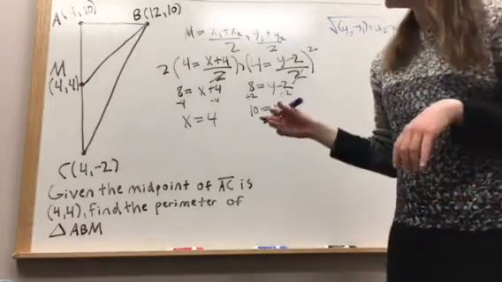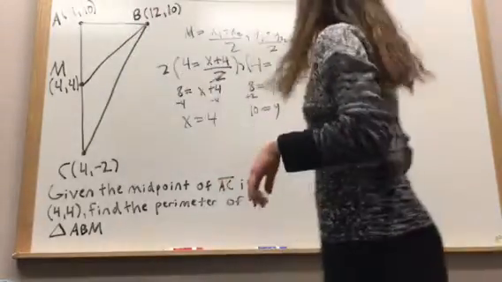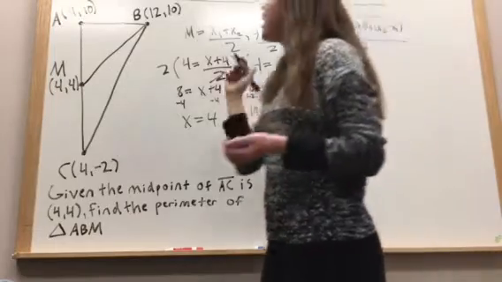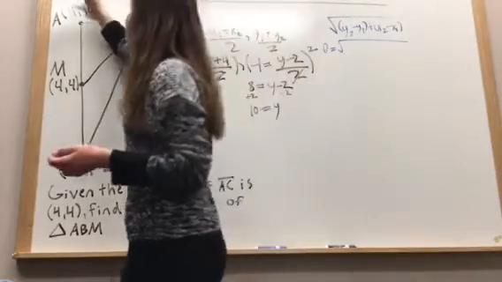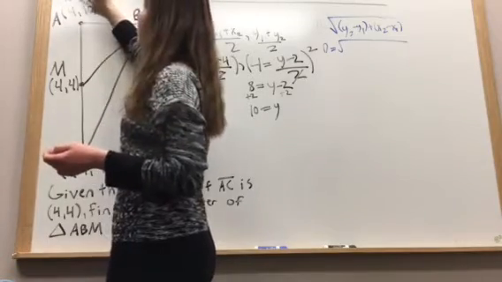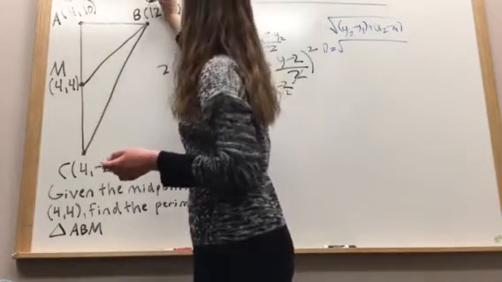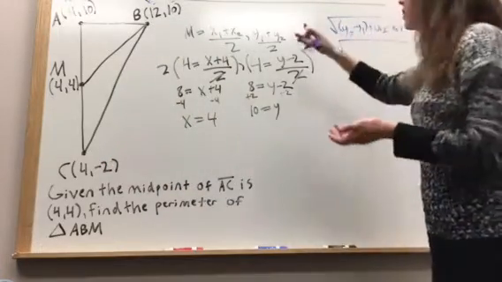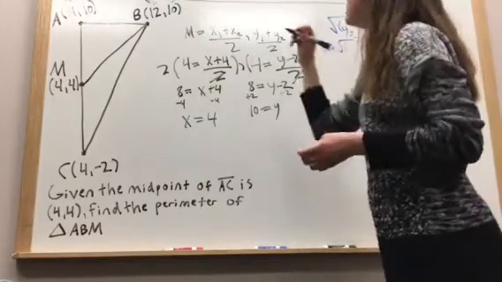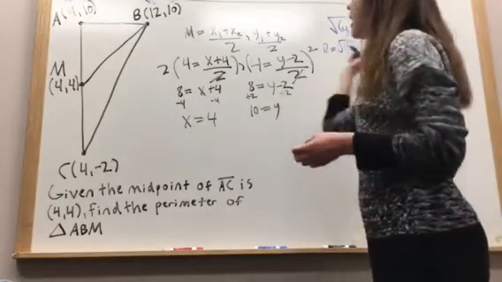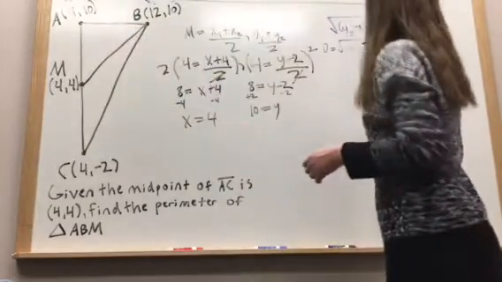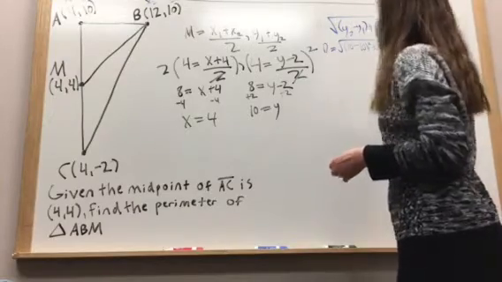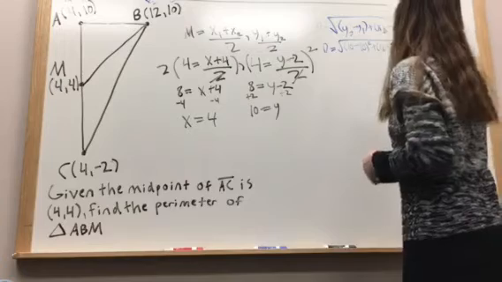All right, so I'm going to find the distance of segment AB first. Using my distance formula, distance is equal to the square root. My 4 will be my x sub 1, 10 will be my y sub 1, 12 will be my x sub 2, and 10 will be my y sub 2. I'm just going to plug in these points according to my formula. So y sub 2, that means 10 minus another 10, squared, plus my x sub 2, which is 12, minus my x sub 1, which is 4 in this case,